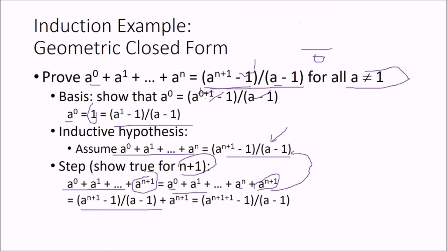And once we add it, because this can be replaced by this value easily, a0 plus up to an, that is this only, we assumed it to be true, so we can easily replace it. We replaced it, and we added a to the power n plus 1, which is there. And once we added it, we found that it is true for n plus 1 also. See, n plus 1 is there. So this is true for n. Now this one becomes true for n plus 1, and this is how we have shown that if n is assumed true, n plus 1 will come.